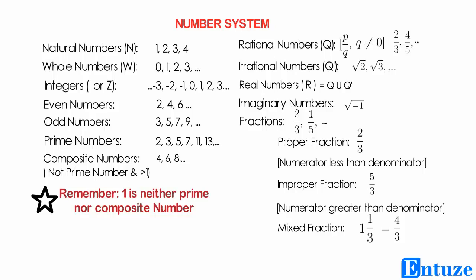So these are the different types of numbers. Next, what are the different operations which we can perform on fractions? Like we can add fractions, we can do subtraction, and multiplication and division we can also perform on